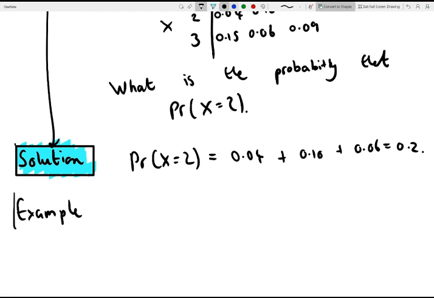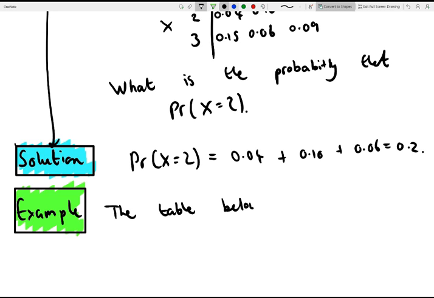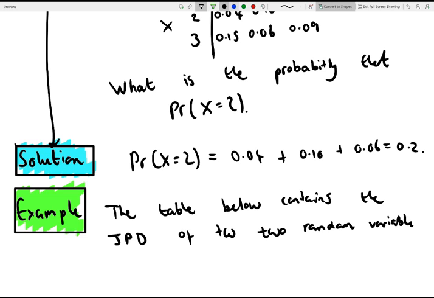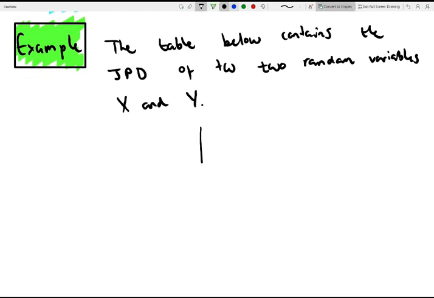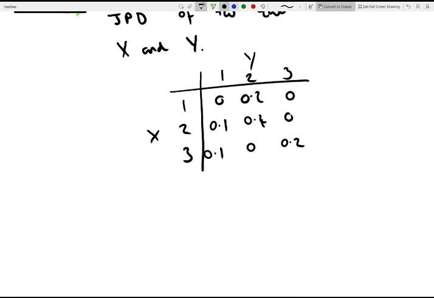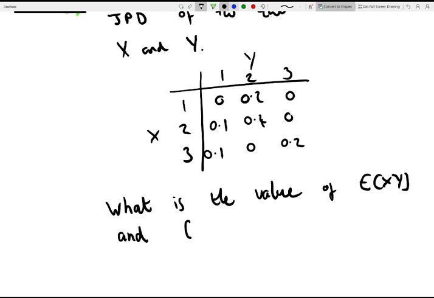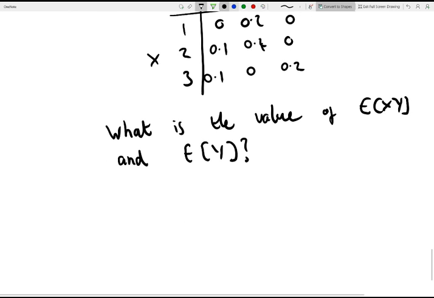And another example, the table below contains the joint probability distribution of two random variables, again x and y, so now the table looks like this, and the question is, what is the value of the expectation of xy, and also what is the value of the expectation of just y? So our solution to this